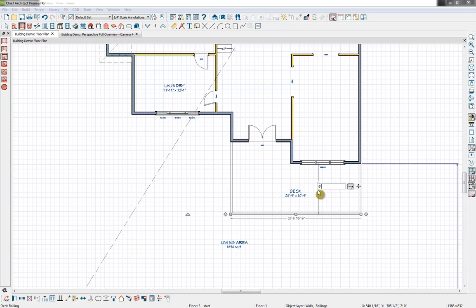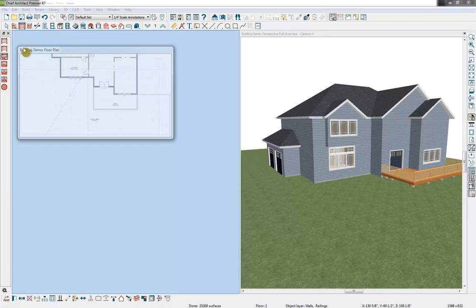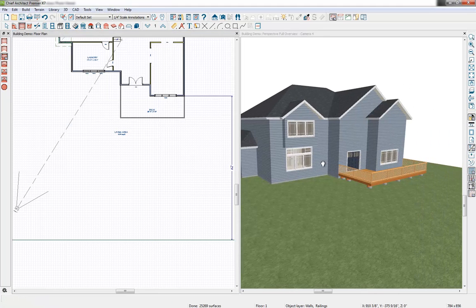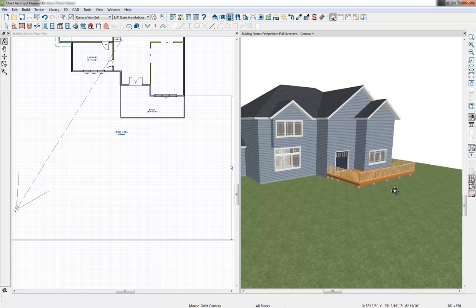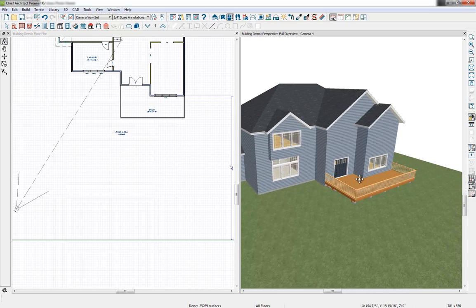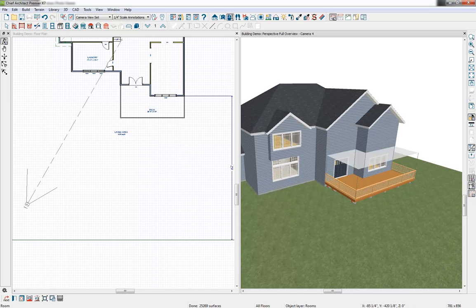Let's dimension that, do maybe 9 feet 6 inches. And I'll get into our 3D view as well. Let's tile vertically, see what's happening in our 3D view. So now that we have our deck placed, I want to open up that room a little bit and define